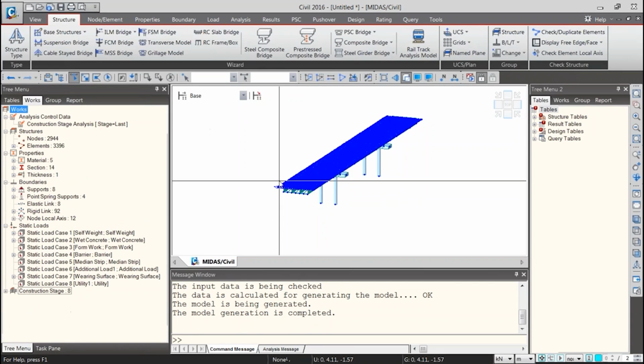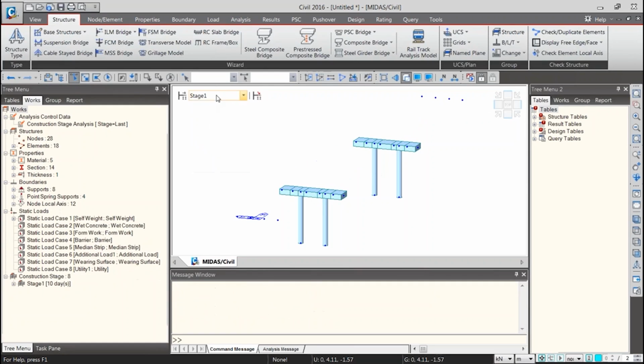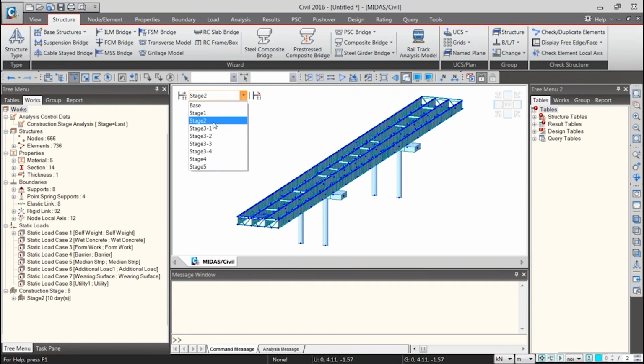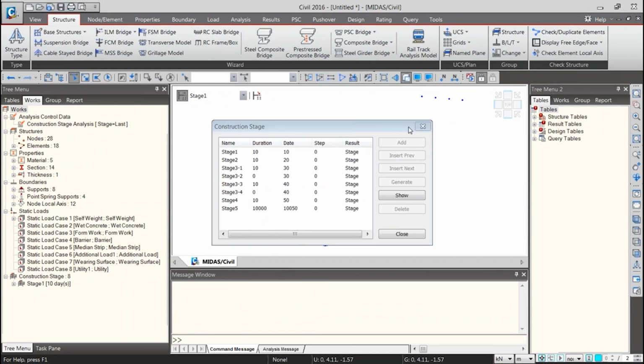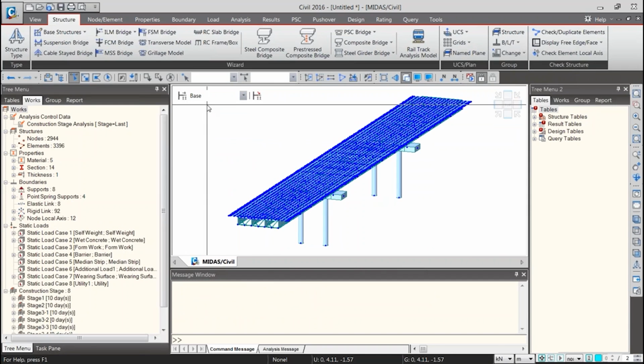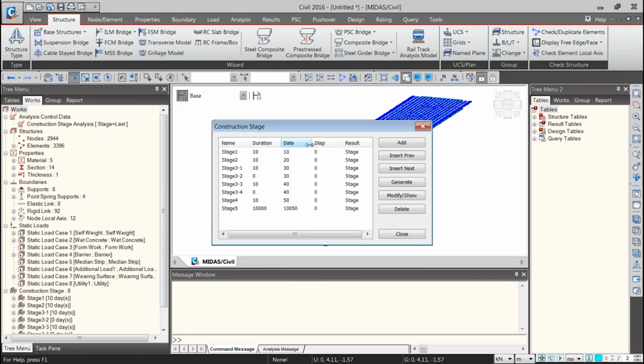You can see that the construction stages have already been done in this case. So I will try and edit a few things in these construction stages. I have to go to base stage. You can edit a construction stage using this small button, or you can go to load and go to construction stages.